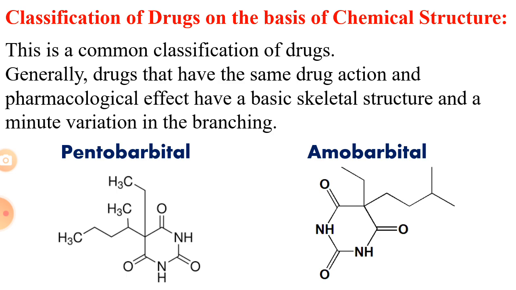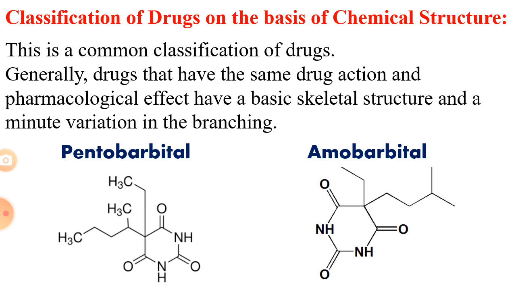There are different types of penicillins. Ampicillin and penicillin G are two different penicillins which have similar structure. So these can be classified according to their chemical structure. Then barbiturates, a class of drug, contain pentobarbital and amobarbital. In this picture, we can see the pentobarbital structure and the amobarbital structure. There is a minute difference